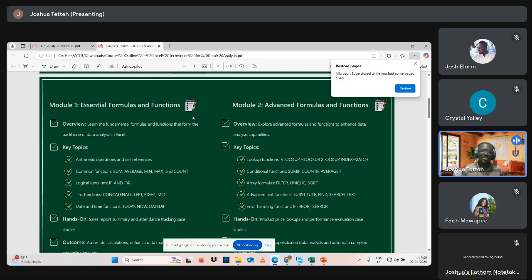Then we get to use logical functions like if, and, or, which are rules just like we have in Python. But the secret, that it's not really a secret, but the thing most people don't realize, is that Excel in itself is kind of a programming language, the same as Python is. So when you learn Python and come to Excel, you start to see some of the rules I learned in